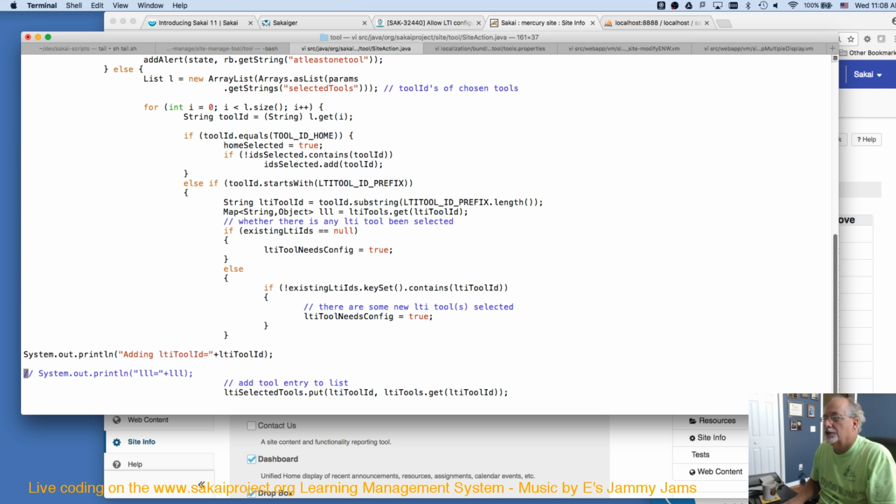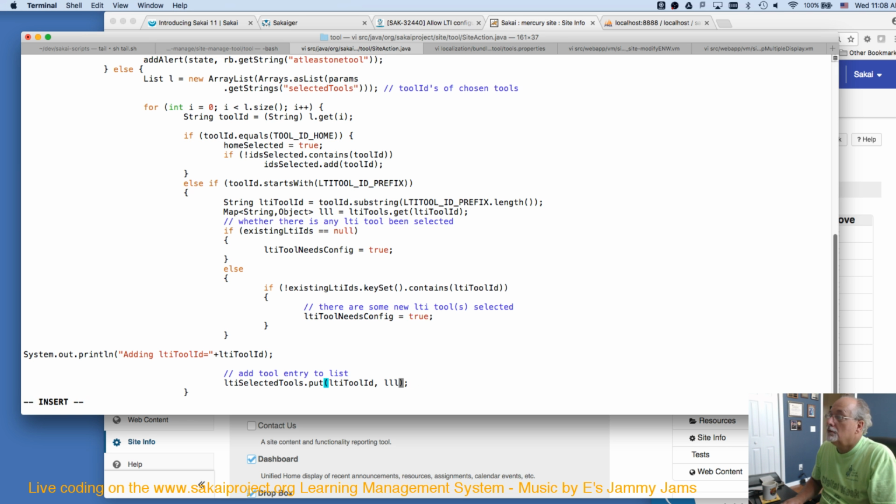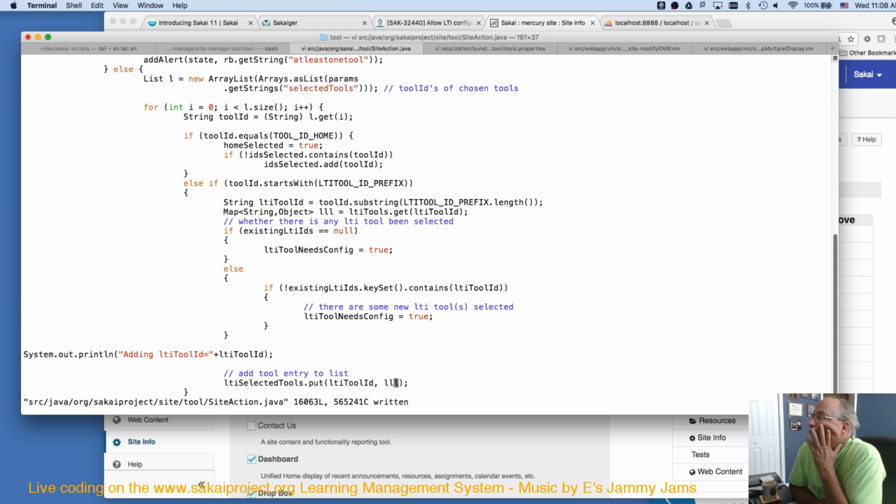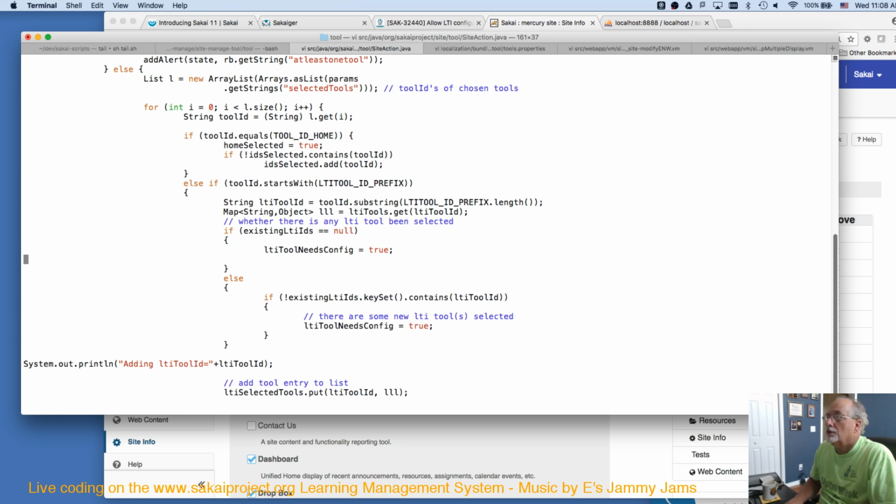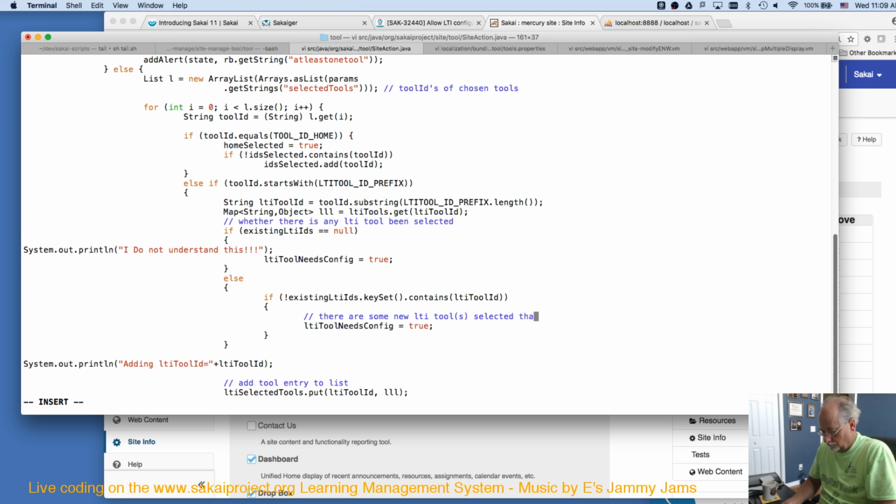So now change this. Existing multiple TZs. No, I do not understand this. Later. Okay. I might refactor this, but